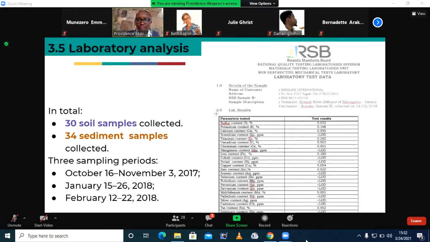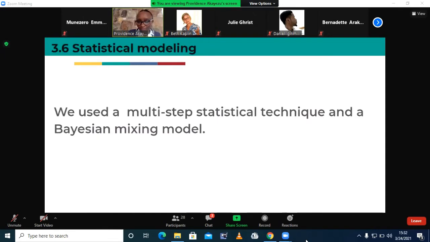So we have targeted the metals, and they used basically the equipment of X-ray spectrometer. That equipment allowed us to get the chemical composition for each sample in ppm. And then these laboratory results, along with the sample locations, the X and Y GPS locations, and the geological